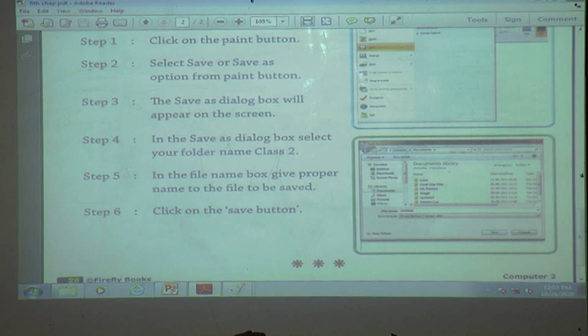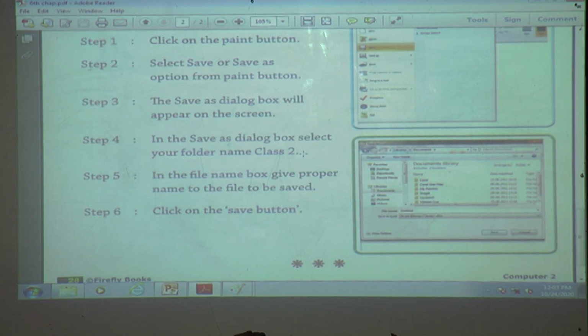Paint button. Step 3. The Save As dialog box will appear on the screen. Step 4. In the Save As dialog box, select your folder name class 2.